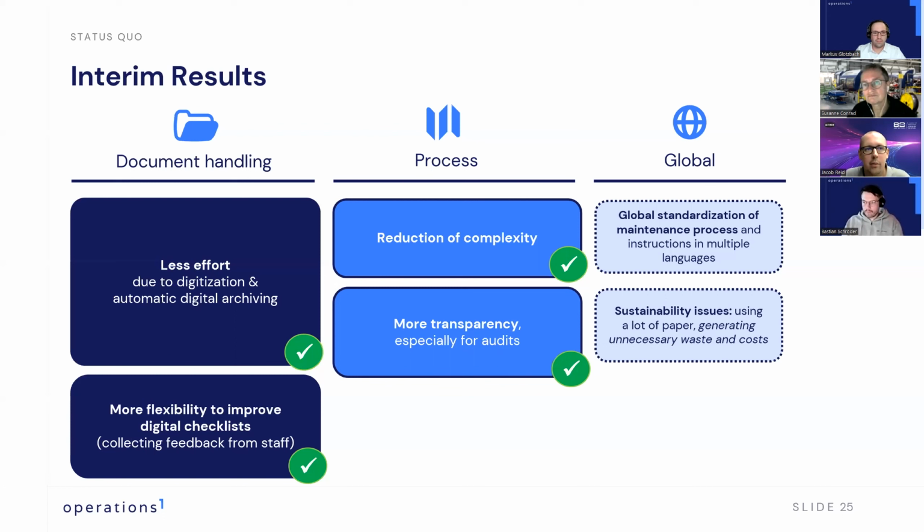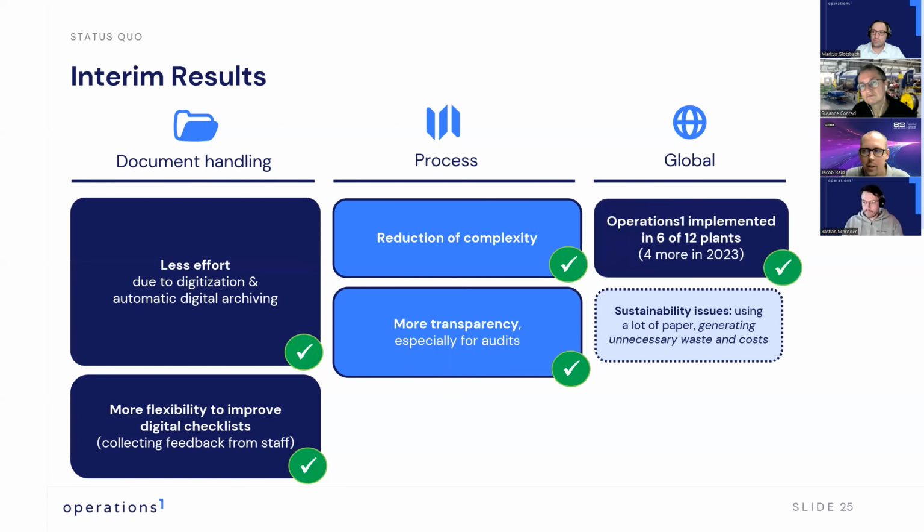I think then the next, Marcus, on the global side, really speaks to the interim results. So on the implementation status, to date, we've rolled out to 6 of 12 Oetiker production sites around the world, and we have established plans to roll out to an additional 4 within realistically the first half of 2023. And that's a relatively easy rollout from our side because in a lot of locations, we just have to add another language. The documents already exist, the classifiers are already set up. We just have to include their pieces of equipment and translate the language